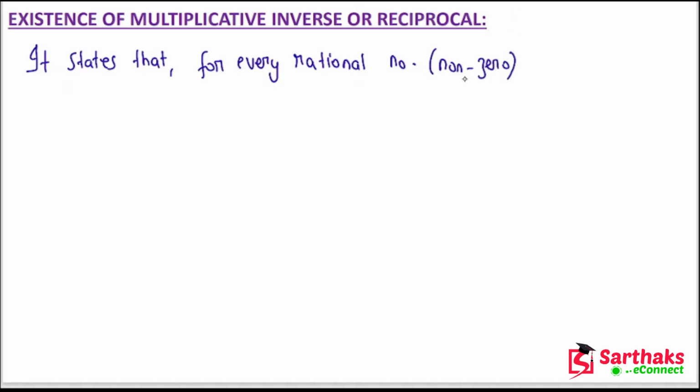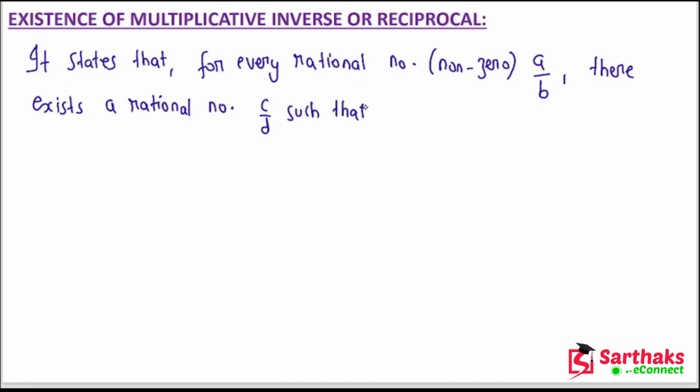Why are we writing non-zero? We are creating a condition that whatever we are writing is true for a rational number which is non-zero, that is, the rational number should not be zero. I will tell you why we are writing this condition. For every rational number which is non-zero, or you can write it as for every non-zero rational number a by b, there exists a rational number c upon d such that